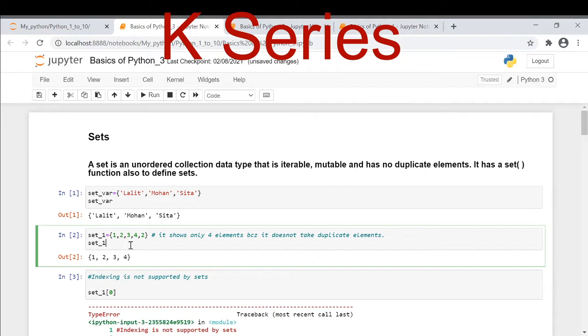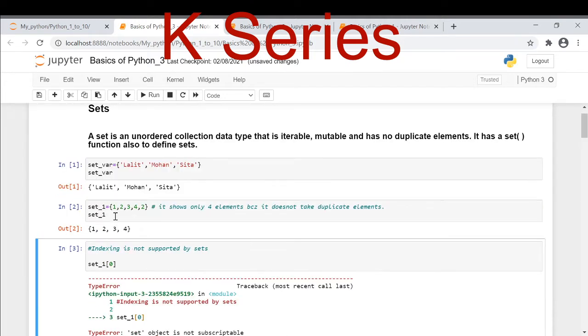When I type set 1, it is giving me only 1 2 3 4, not giving me 2 again. Why is it not giving me 2 again? Because it does not support duplication of elements. That is why sets are unordered, mutable, can be changed, but do not support duplicate elements.